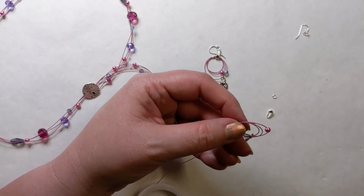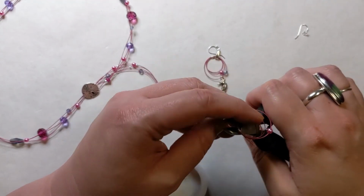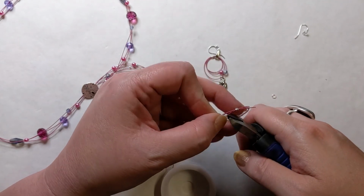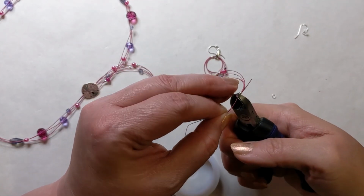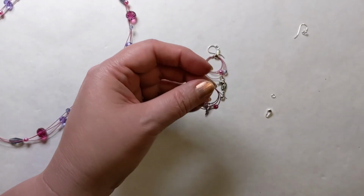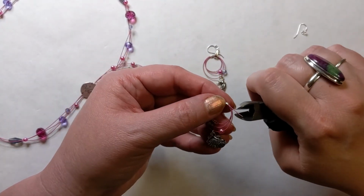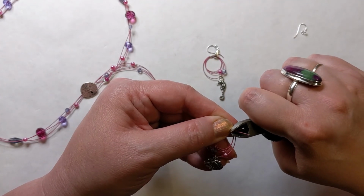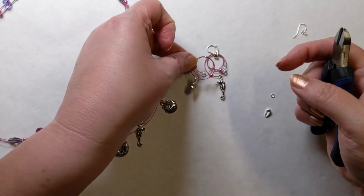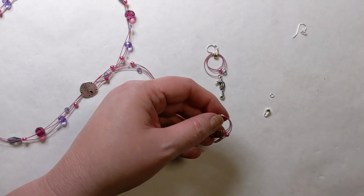And now we want to trim off the main spool. Oops, make sure the clippers are in the right spot there. Check, make sure everything's secure. Oh, little piece is going flying. Okay. And then we simply go ahead,